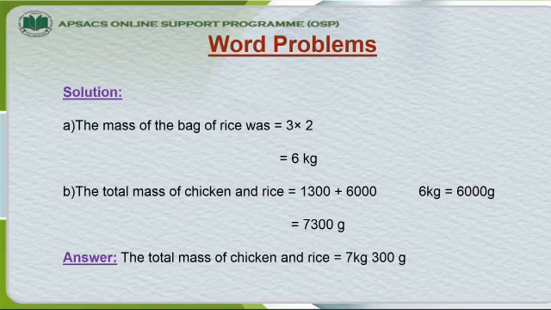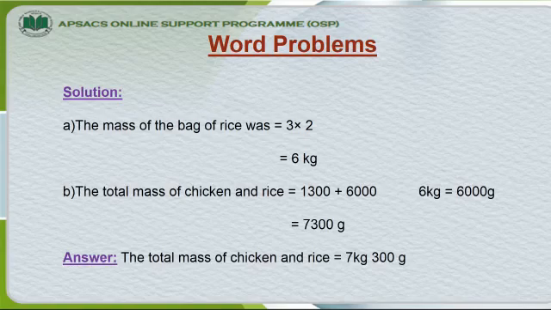Now students, we continue the third step, solution, here in this slide as well. In solution, first we find the total mass of the bags of rice. As I told you in the last slide by showing the picture, we have 3 bags and in each bag we have 2 kg of rice. So I multiply 3 by 2. 3 times 2 is equal to 6. Or if we add 2 plus 2 plus 2, it also makes 6. So both methods are correct. So 3 multiplied by 2 is equal to 6.